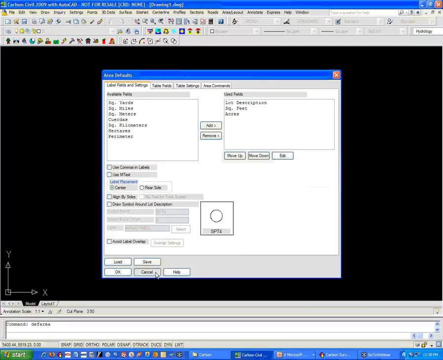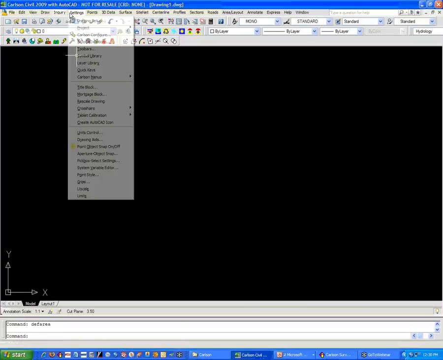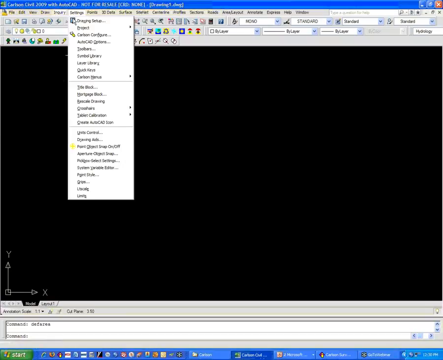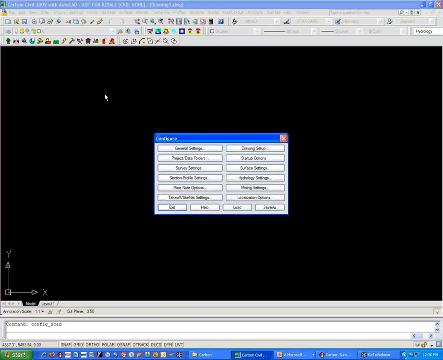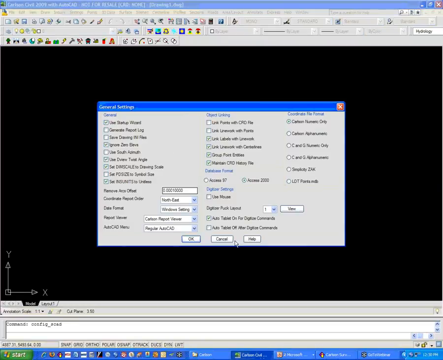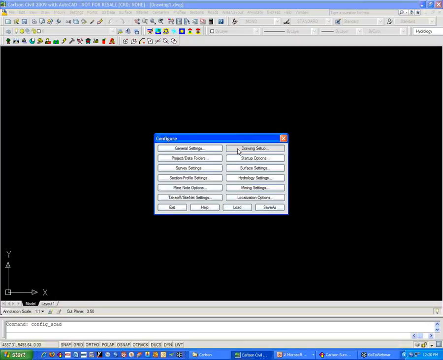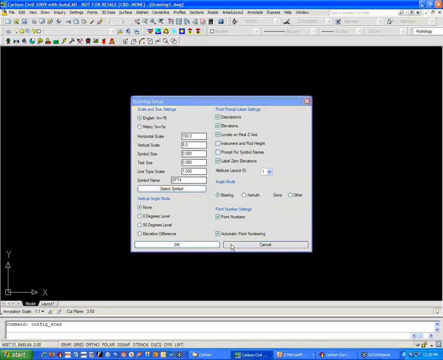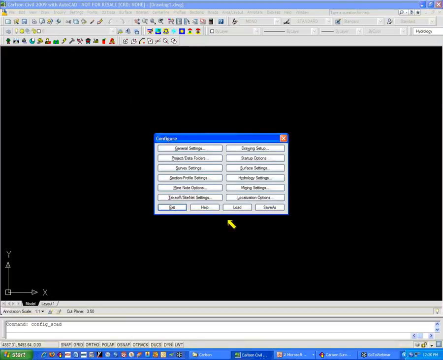But once you've done that, you can either save out those individual files, or if you notice, you can go to Carlson Configure. There are other settings in this dialog box that can also be set up. But notice the Load and Save As button right here. So this is kind of the big one. And let's just make this real clear. All of those command dialog boxes that have a Load and a Save As button, you don't have to do a Save As for each one of those. As long as you make the changes that you want in all of those command dialog boxes, if you come here to Carlson Configure and pick Save As,